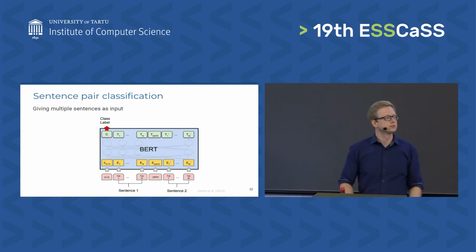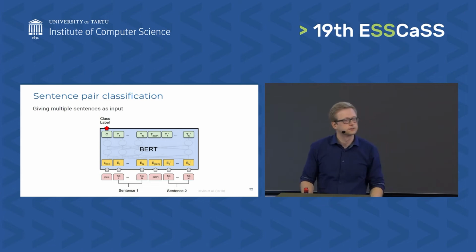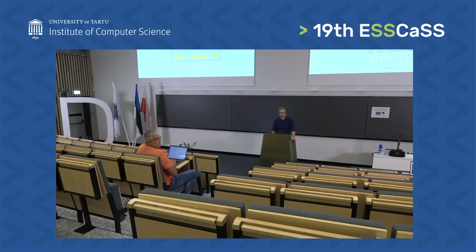Yes, question up there. The transformers are limited in the window size they can get, right? So in your experience, if you have many sentences or multiple sentences, not just two, should we make the window bigger or should we just encode smaller pieces and combine them in some other way?